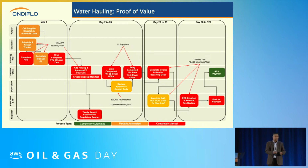this was just water hauling. Somebody filling out a paper ticket, somebody else taking 50 of those tickets, going over to the BPX office, having somebody else sign, stamp, code them, bring them back, scan them. Each step was costing money and really not adding value. Somebody signing a ticket did not have additional information to evaluate what was on